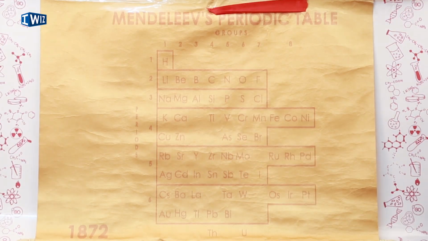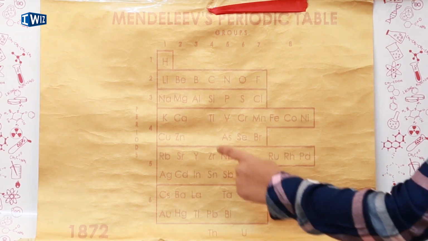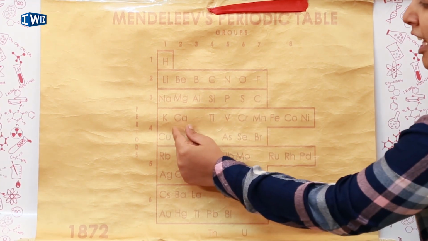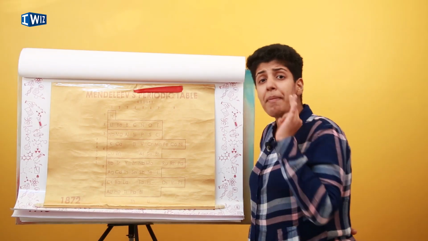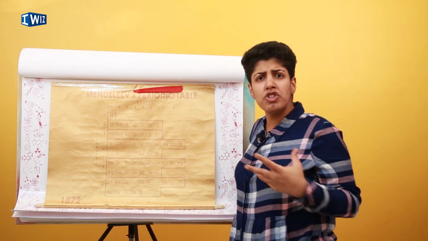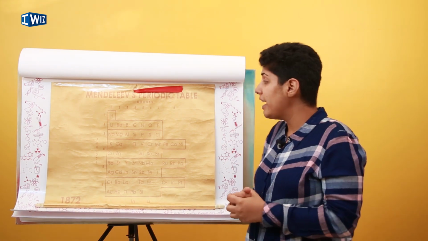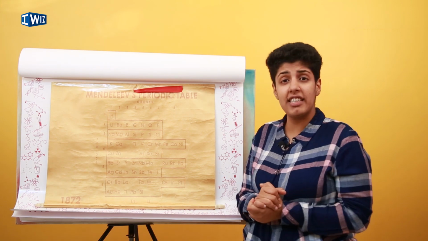Titanium, the next element that was known, makes a lot more sense going with carbon and silicon. And that's what he did. He left a group. He paid a lot of attention to the properties of the element and not so much to the atomic mass. That was not the most crucial thing in his periodic table.